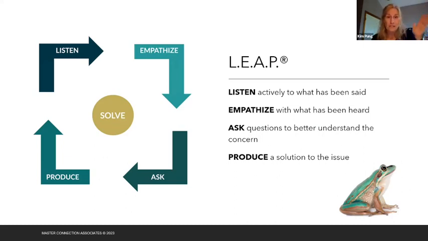I mean, this is step 1, step 2, step 3, step 4. Certainly you might get to the empathy and then asking, and then maybe you empathize again and ask again. You might go back and forth a little bit based on what they're sharing with you. And then you produce a solution, and then maybe you need to go back again and dig in if they don't really like it still. But that's going to make them much more amenable to what you have recommended.